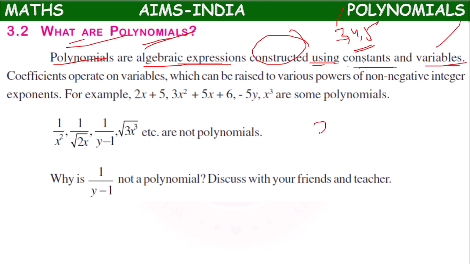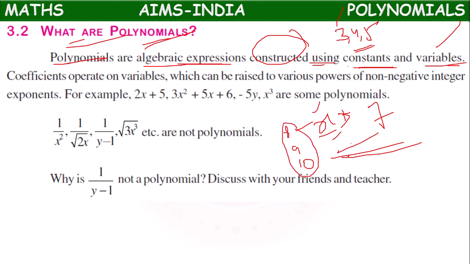Variable. Variable means, suppose x is greater than 7. What is the value of x? It may be equal to 8, it may be equal to 9, and it may not be 7 because only numbers greater than 7 qualify. Like that, x is open for any value which satisfies this condition. So here the x value is not constant. So polynomials are constructed with the help of constants and variables.